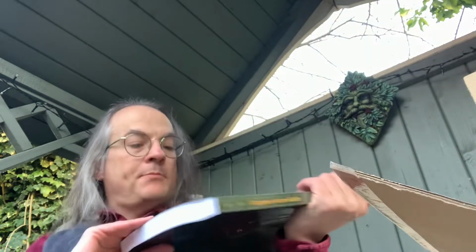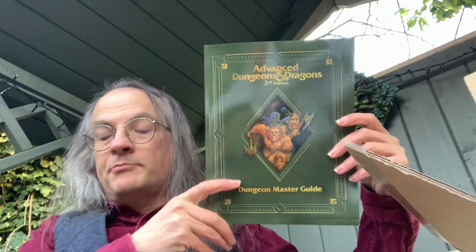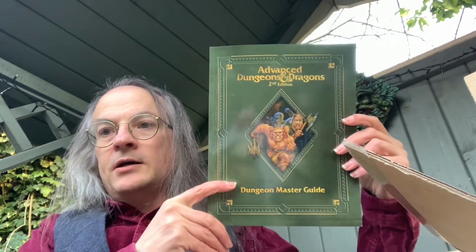and a big box of things to dig into, amongst others. So the next thing I'm going to pull out of this, well, I've already opened this, and the first thing I pulled out was this. That's the Advanced Dungeons and Dragons 2nd edition Dungeon Master's Guide, essentially the reprint from the print on demand version from drivethrurpg.com, and then the next one below that,